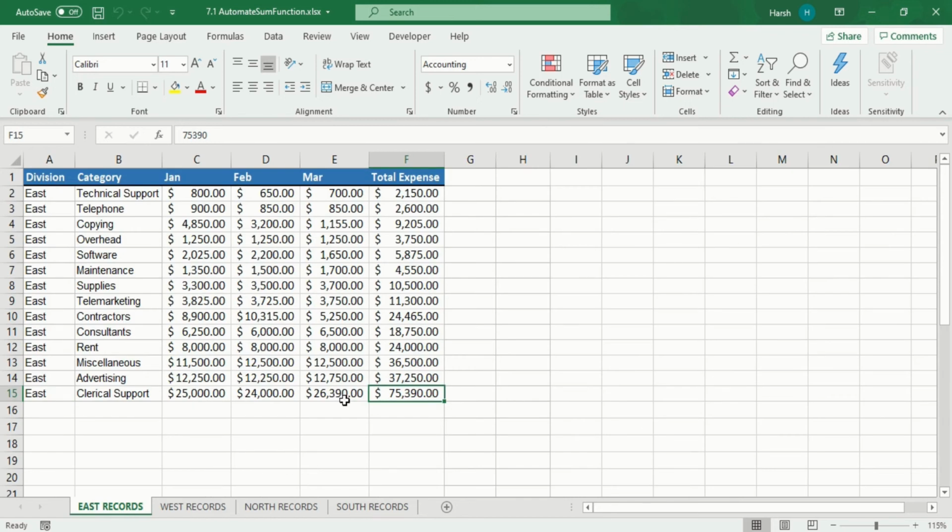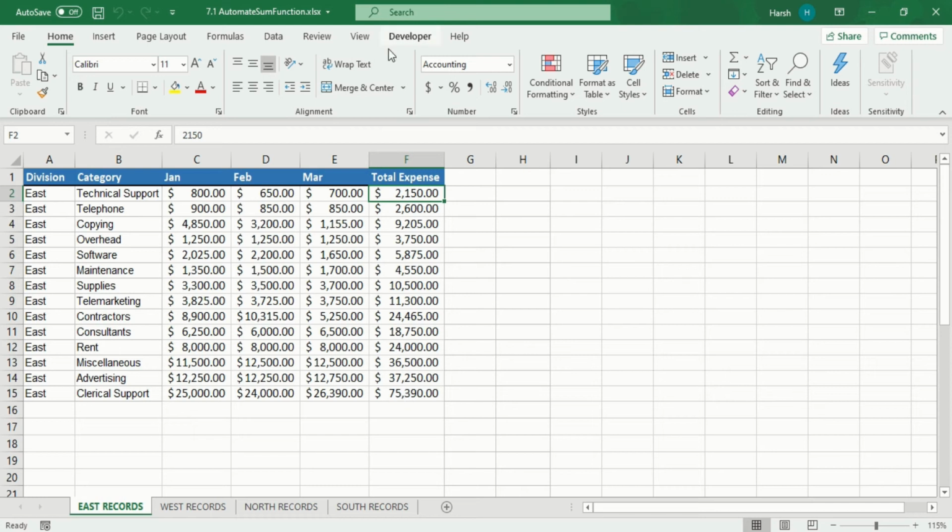If you have 500,000 rows and each sheet has a different number of expenses, and you want to sum for each of these sheets, you don't want to look at how many rows we have and all that. You just have to know the upper limit, that is F2, which you know. You don't have to know the last row. That can be written in a formula. Now how can we write that formula and develop it in our Excel?